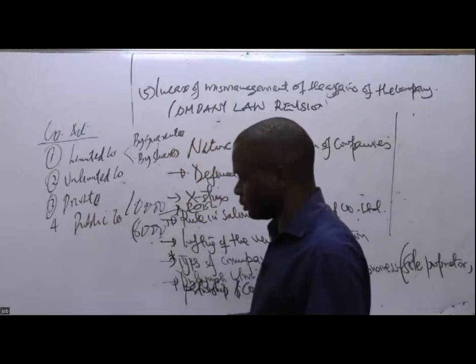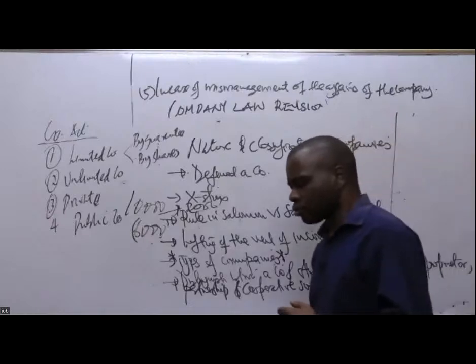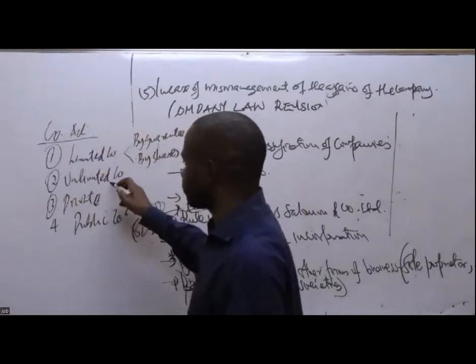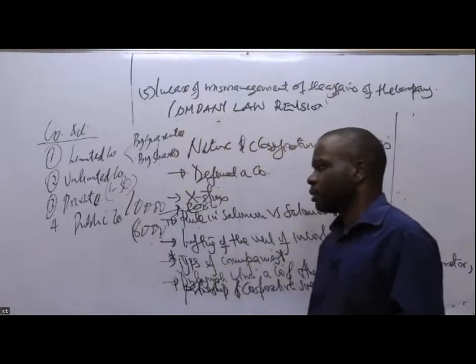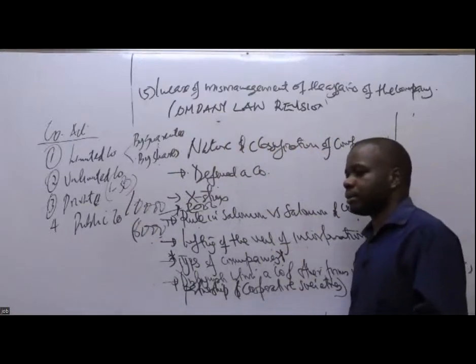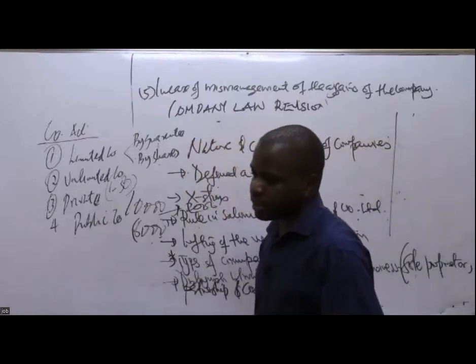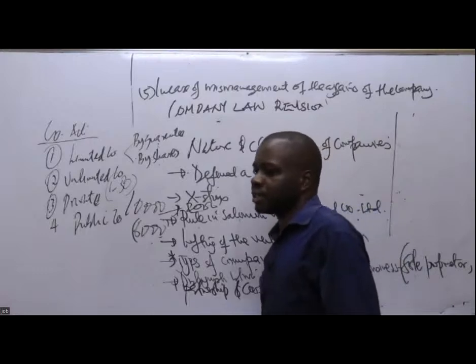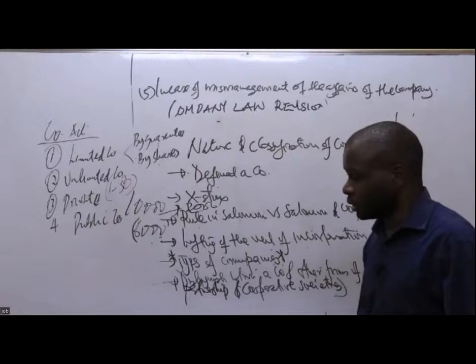Private company. Basically we define it by its characteristics. So a private company is a type of a company whereby the number of members is 1 up to 50. Also, what you need to know about this company is that it cannot invite members of the public to subscribe for its shares. It cannot issue out a prospectus inviting members of the public to apply or subscribe for its shares.